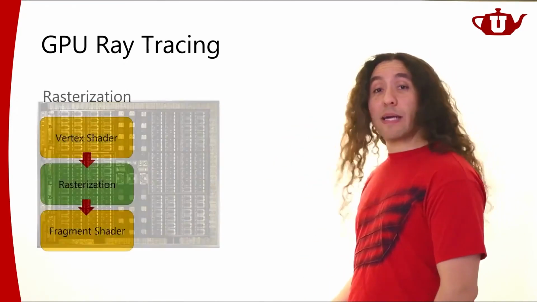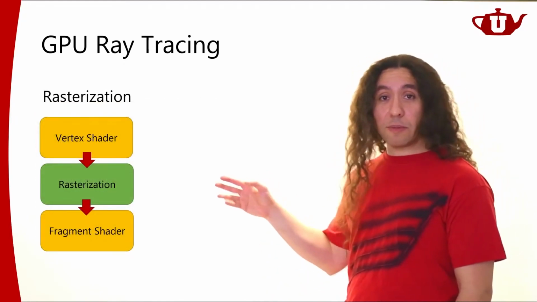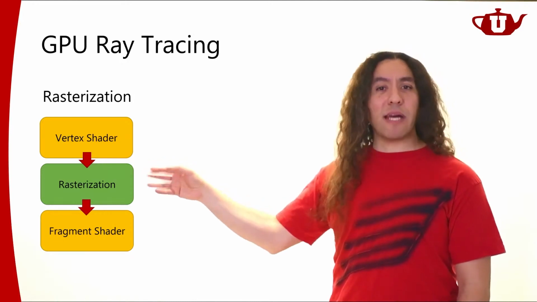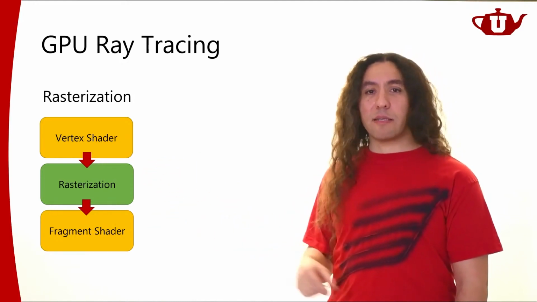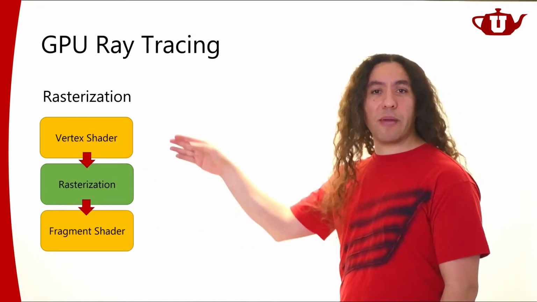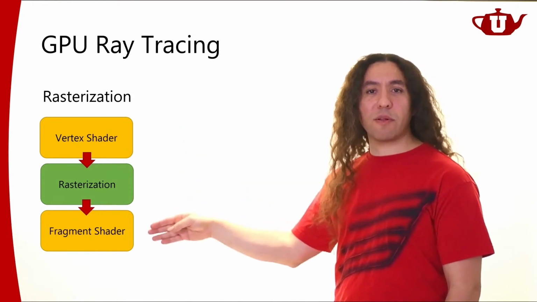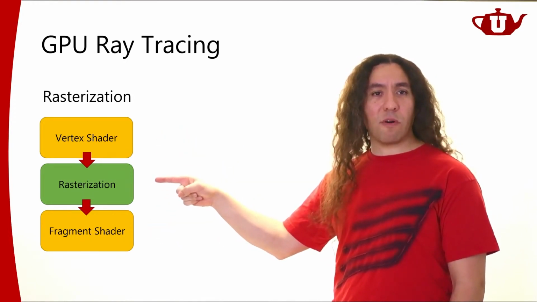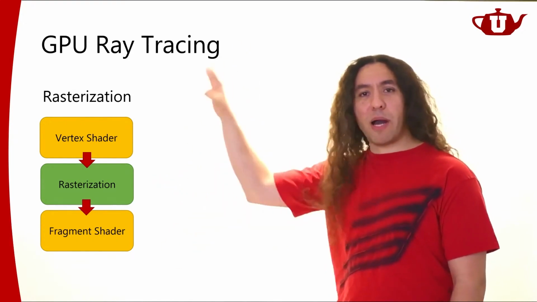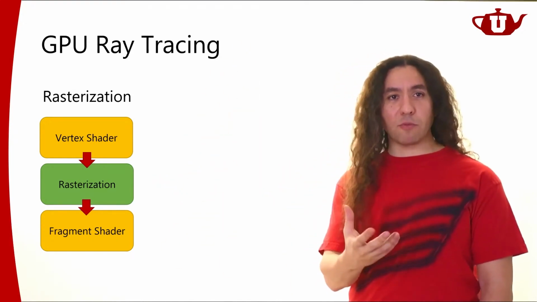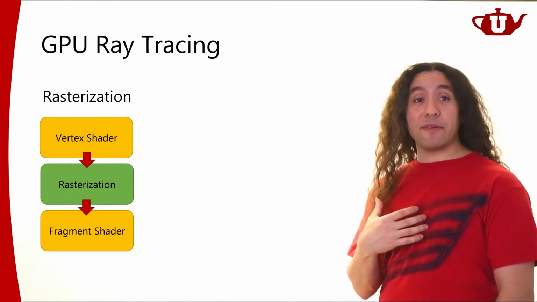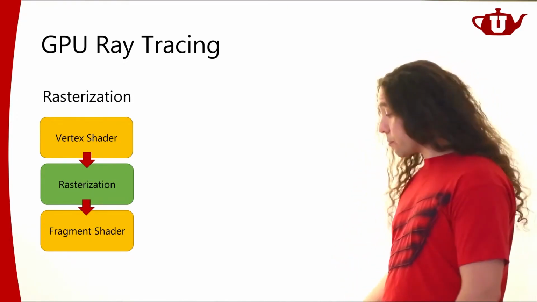So we talked about the rasterization pipeline on the GPU. We said we had a vertex shader, and the output of that goes to a rasterizer, and the rasterizer calls our fragment shader. So we have a programmable vertex shader and a programmable fragment shader, and in between we have this hardware unit that does the rasterization for us, right? And this entire pipeline is run by the GPU hardware. So with modern GPUs, we also have hardware ray tracing support.